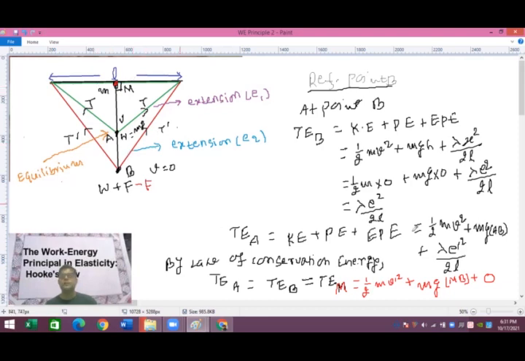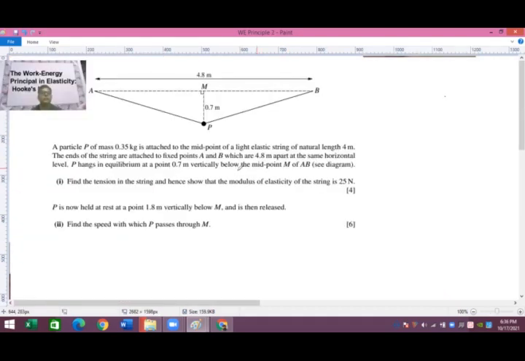So this is the idea of how we develop the relations between different points along the motion of the object in the elasticity system. By using this sort of relations we will be able to solve a lot of problems that include the work energy principle. So let's now apply this work energy principle that we have just learned and discussed earlier